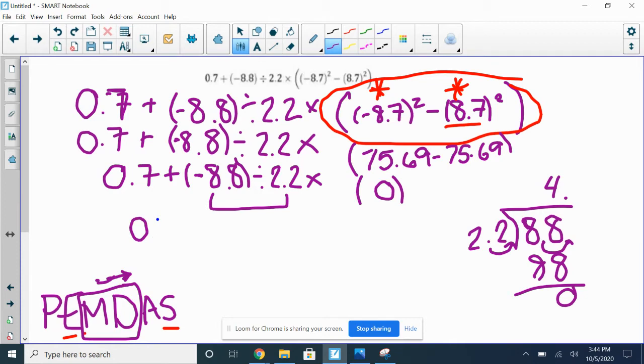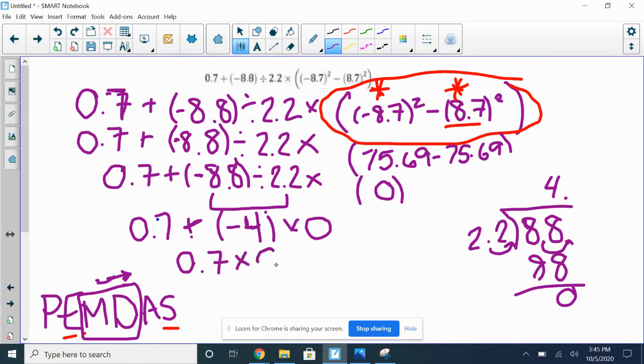Bring down my 0.7. We're going to say plus. We just did that division. Negative 4. We did our division, times, bring down our 0. Now we're going to do our multiplication. So we have negative 4 times 0. Anything times 0 is 0. So we're going to bring down 0.7